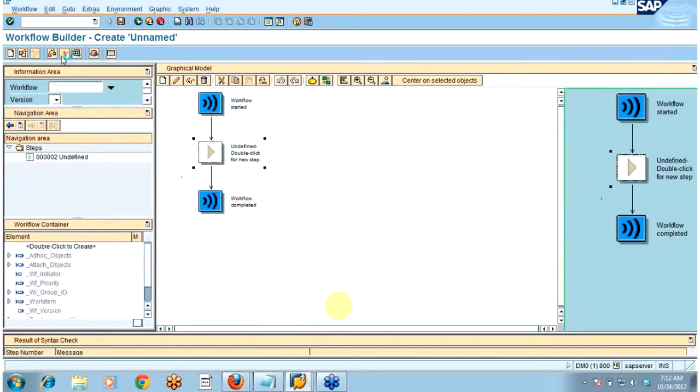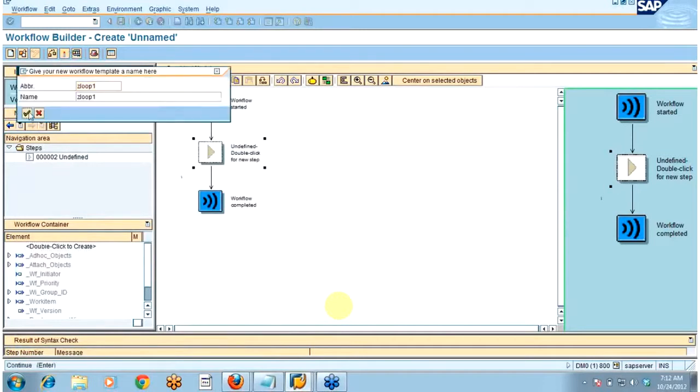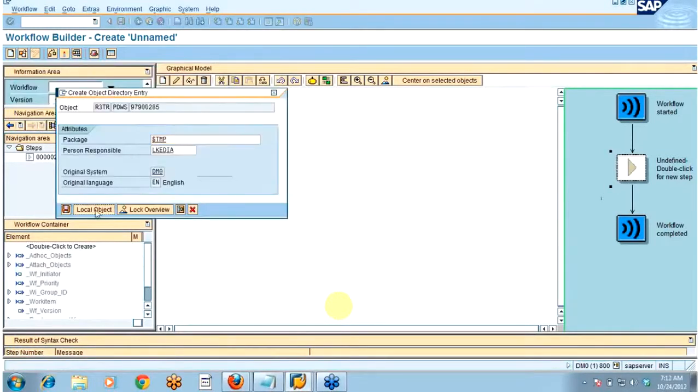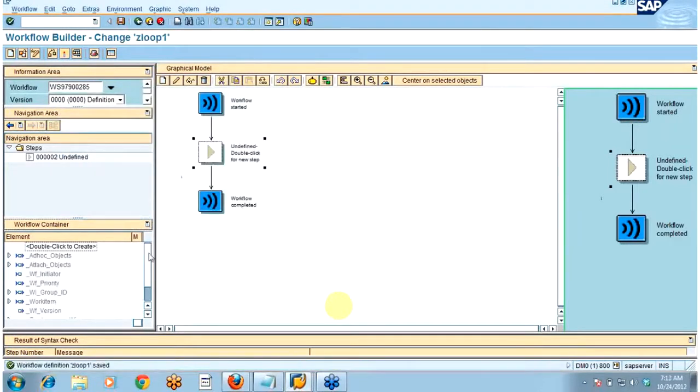Now I'm just saving it. So in container you can see one element has been created as sales order.